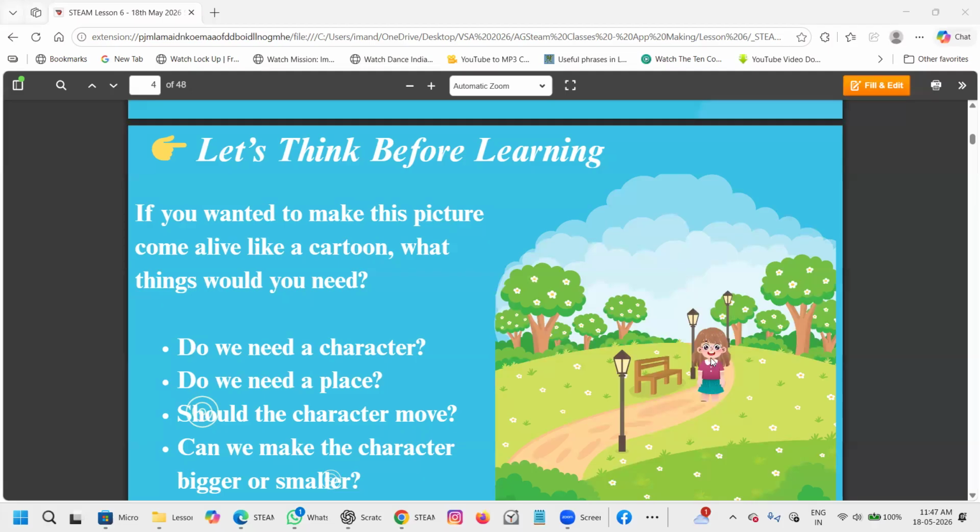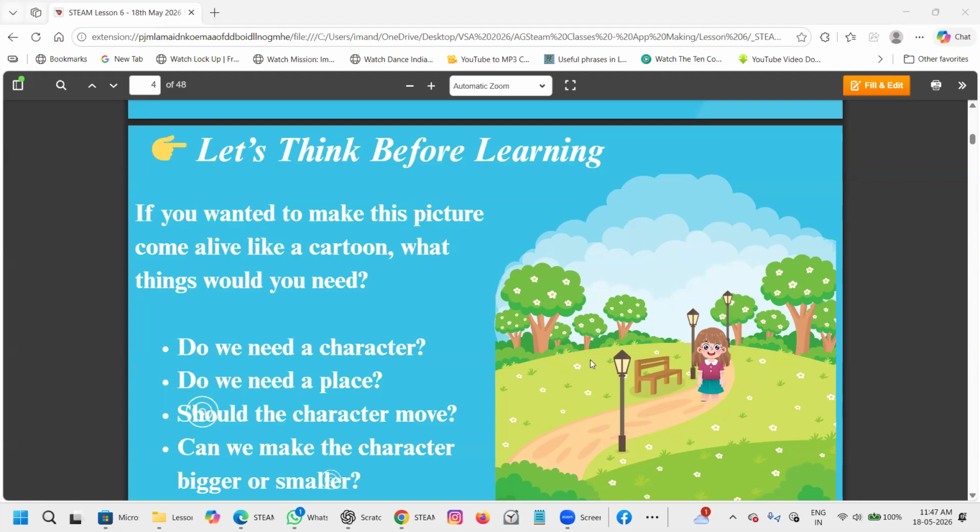The girl is the sprite, the character. So for the character, do we need, yes, Nasima, it shows a serene atmosphere. Now, my question is that the girl is called the sprite and there she is in the park.